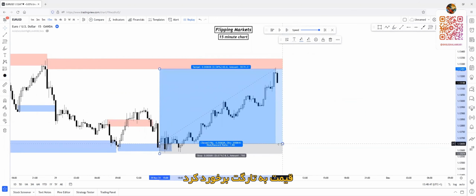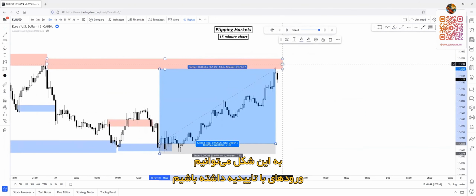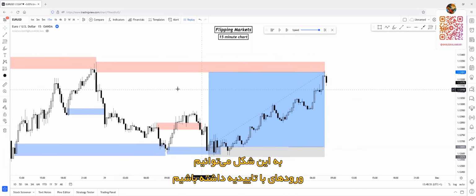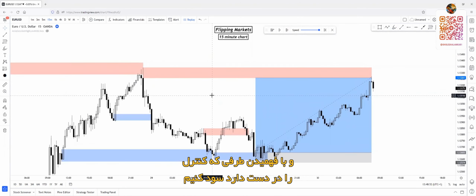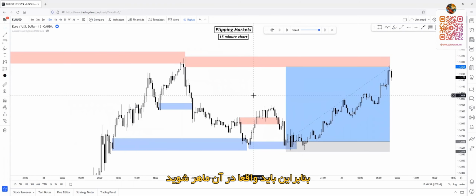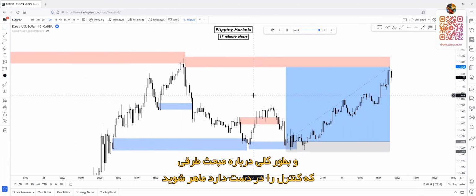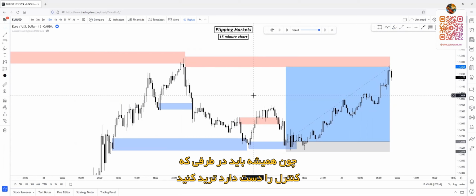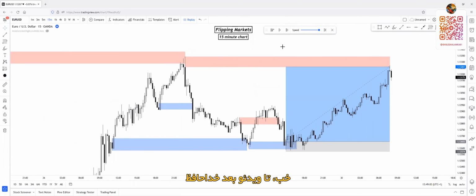TP hit. So as you can see, this is how we can use the risk and confirmation entries, knowing who's in control to our advantage. And this is a really, really strong weapon. So you have to master it and master everything about the control side, because you always want to trade the countering side of the market. Okay, meet you in the next video.